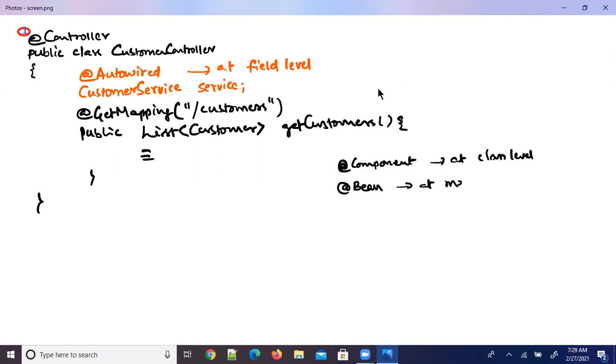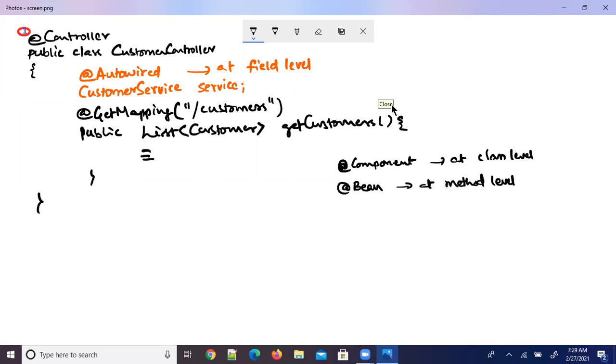Then tell me how you can use both of them at a time. So you cannot use both at a time, because @Component you can use at class level, and @Bean annotation you can use at method level. Are you getting this point?